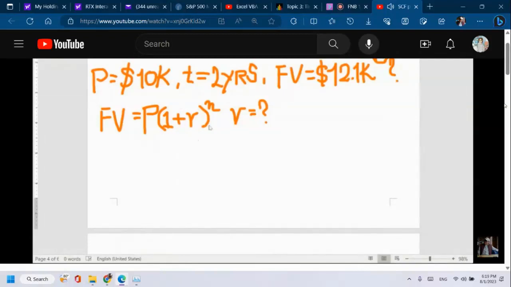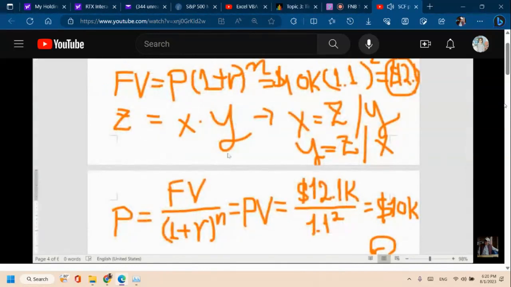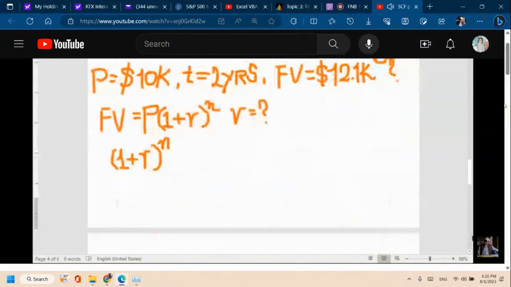We need to solve for R, so we will need to isolate R. But is there any way we can isolate R directly from what it is now? No, there's no way you can isolate R. Because R is part of this term in the parentheses, raised to the nth power, the best you can isolate for now is just this term, right? You remember, this is like solving this equation for y, because this is our y, then 1 plus r raised to n is